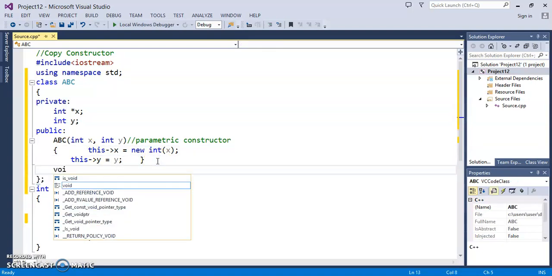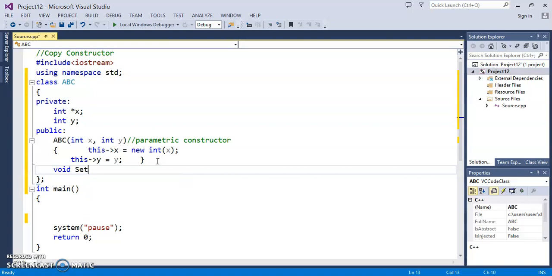Now let's say we have a function just to set the value, and the function is setData. Let's say this setData also takes two parameters, x and y.